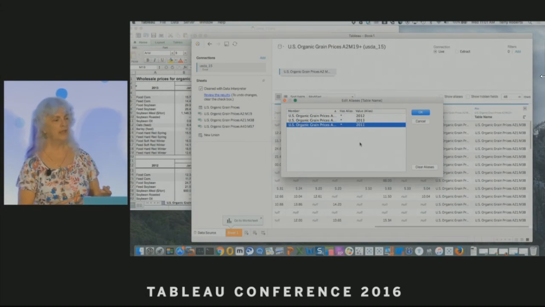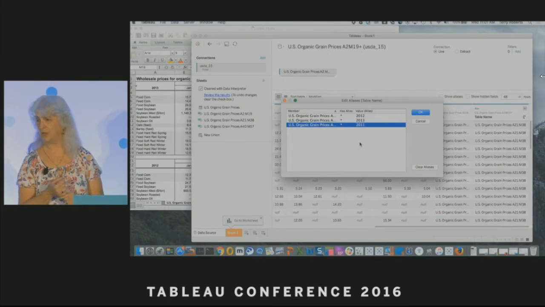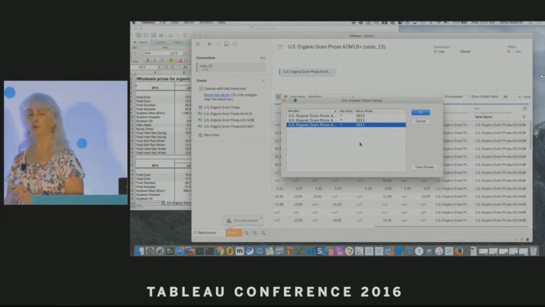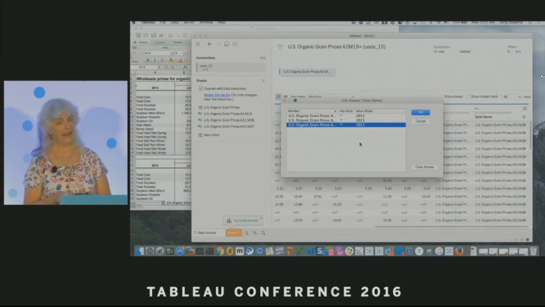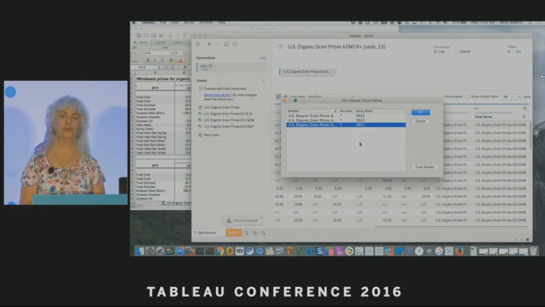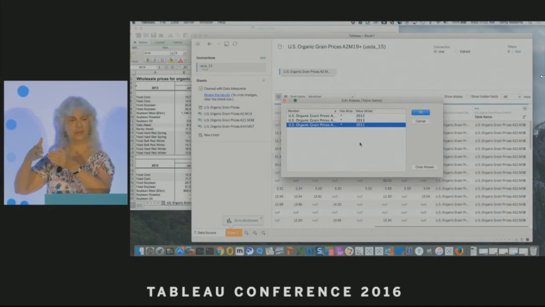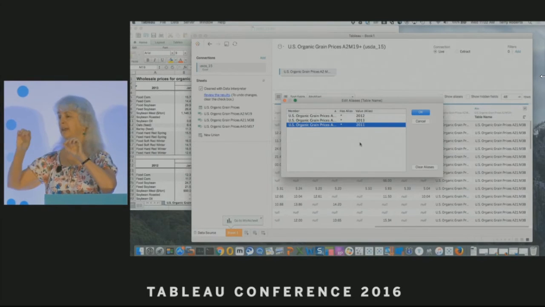If I said okay, yes, all of the values in the table name field would change to those years and it would look good. I actually tried that. I thought that would be a good solution. It turns out it doesn't work. It doesn't work because the way Tableau does aliases is that aliases are just meant for looking good. Make your viz look good, understand that this is really the years or whatever, and it would have nice labels